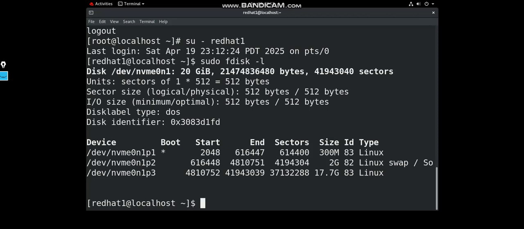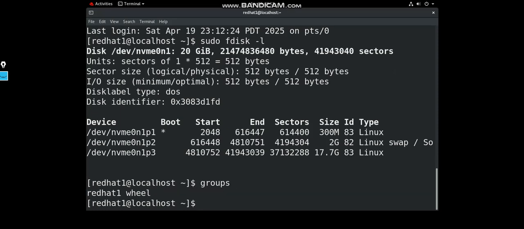Why is this working? Because redat1 is a member of the wheel group. Let's check the groups: redat1 is a member of the wheel group, and the wheel group has admin privileges. So su -